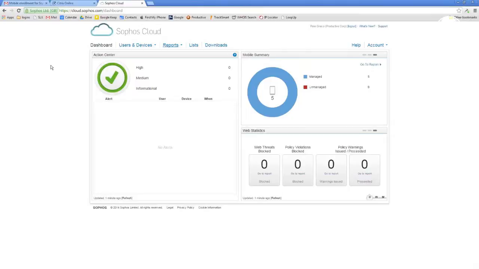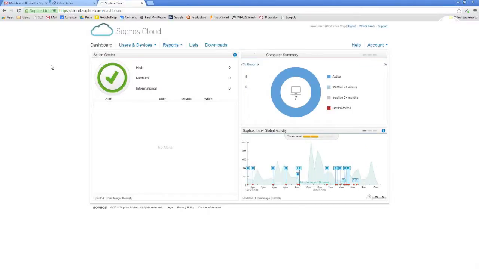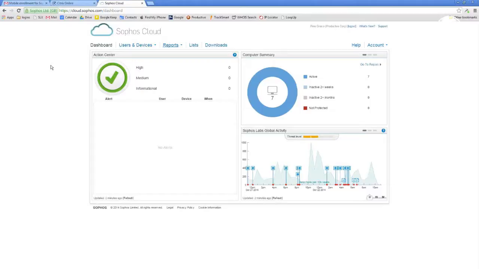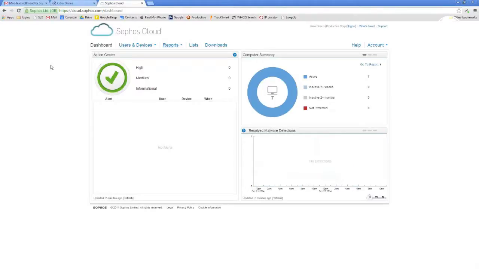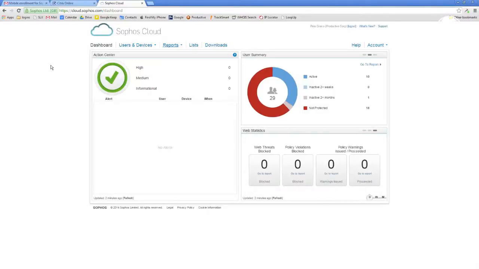This is a super easy product to try and get acclimated to. One of my favorite things about it is the ease of MDM provisioning for the end user. And we tried this out with a couple of our brand new guys to see how it worked for them, and really didn't do anything other than send them the welcome email, and they were able to get their mobile devices provisioned pretty easily. And so to me, that was pretty telling on the ease of use.